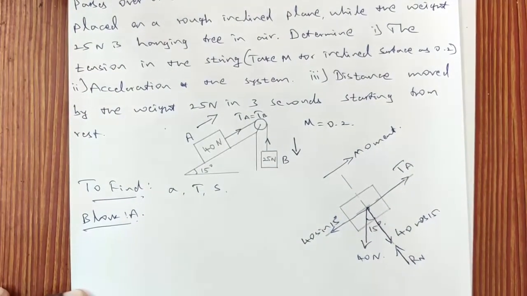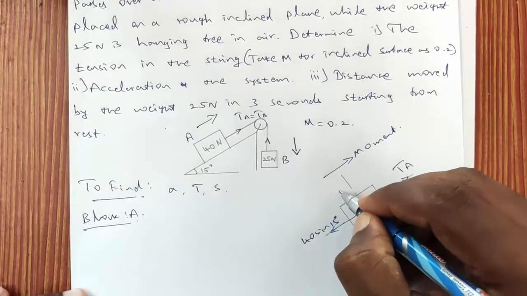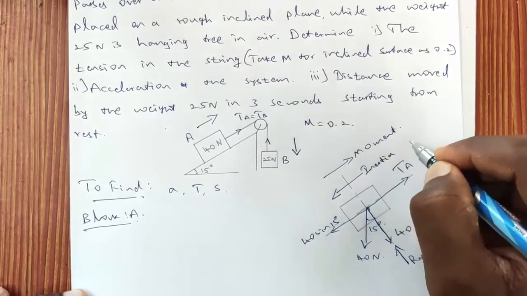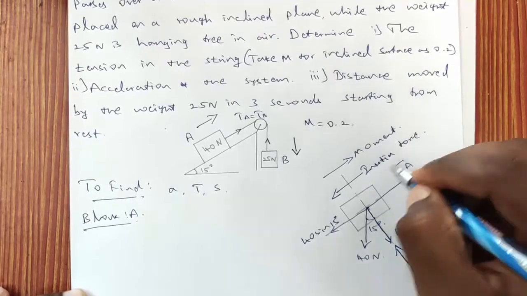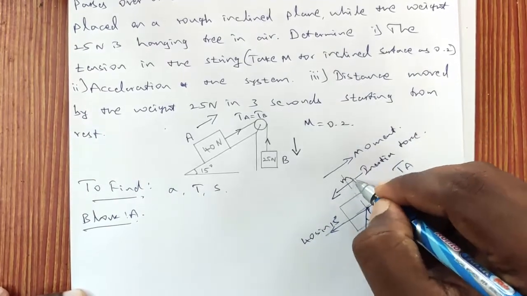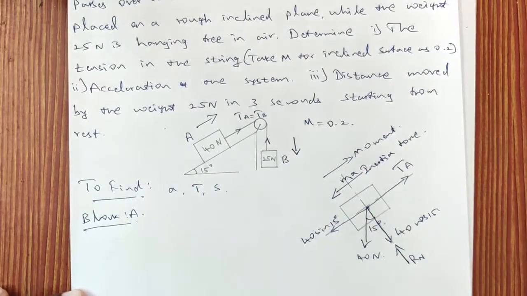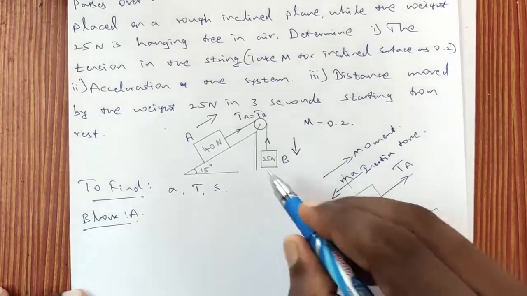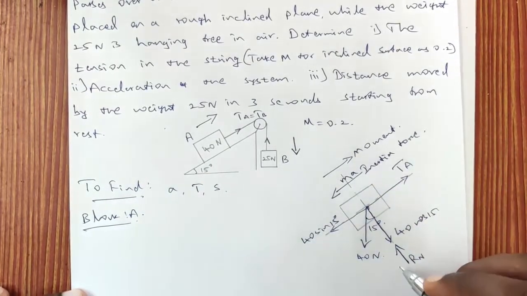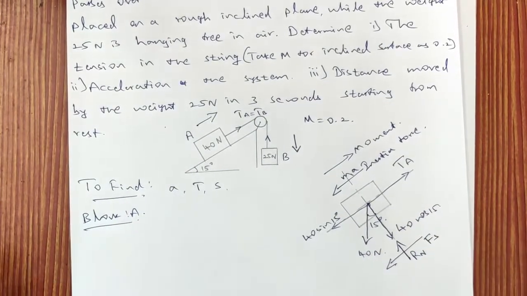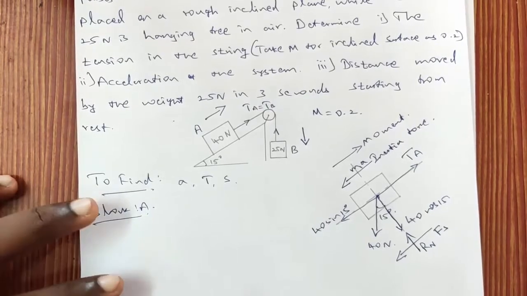So according to D'Alembert's principle, to make this system into equilibrium, an opposite force, that is inertia force, is applied in the opposite direction. So this inertia force is called M1A. So to bring the system into equilibrium, an inertia force is applied. Now the system is under equilibrium state. Okay. Since the body is moving towards right side, the frictional force Fs will be acting in the left side direction. Now we'll write the equilibrium equations.